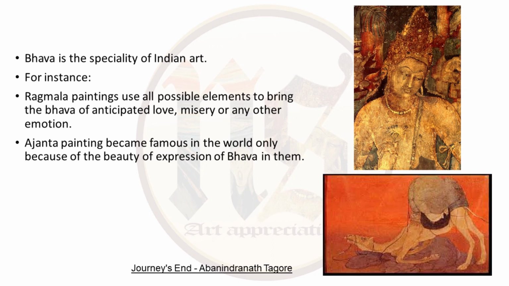For instance, if there is a Ragmala painting where the lady is shown to be waiting for her lover, the artist has shown her anticipation with lovebirds on the trees, blooming flowers in the lake, or clouds coming in from the sky to convey the idea of romance. Same goes for Ajanta. Look at the painting on the right. Padmapani Bodhisattva here is looking content, peaceful and serene. The contentment that he attained through his meditation can be seen in his eyes and overall posture. The painting down below, Journey's End by Abanindranath Tagore, shows the sadness, the gloominess, the dying animal, and the whole idea has been conveyed successfully by the use of colors and the posture of the camel. So everything is successfully conveyed.